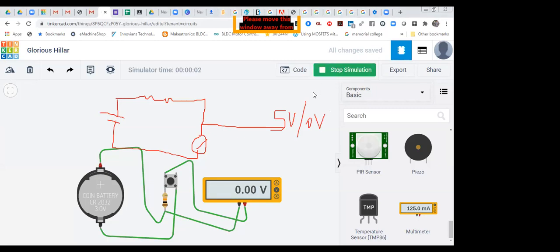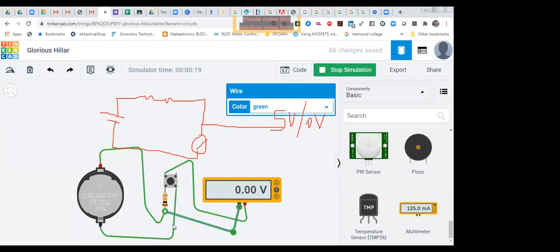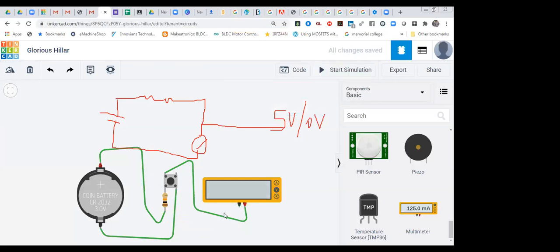Now you can see output is coming, how much? 0 volt. It means we have some wrong connections. Positive. Okay, so positive we have connected. Yes, this ground. Yes, this one is a wrong connection. I did it over here with the multimeter because earlier I did it. So what do we have to do? This positive. This one is output, and this one is ground. So my ground is connected with this now.